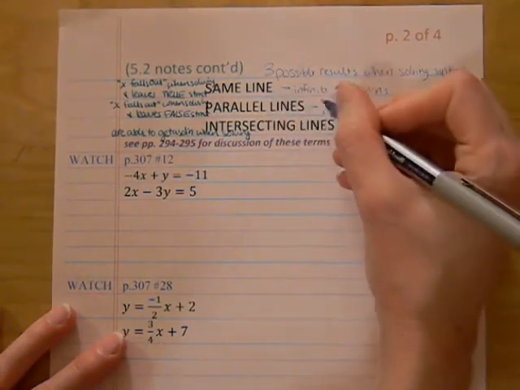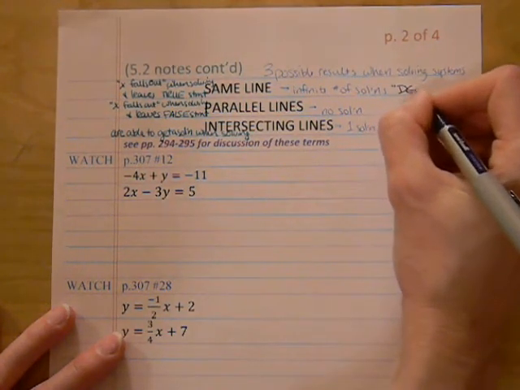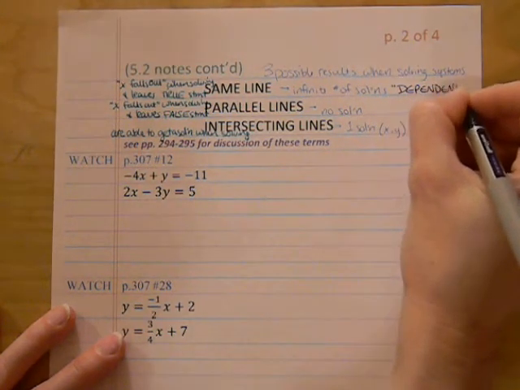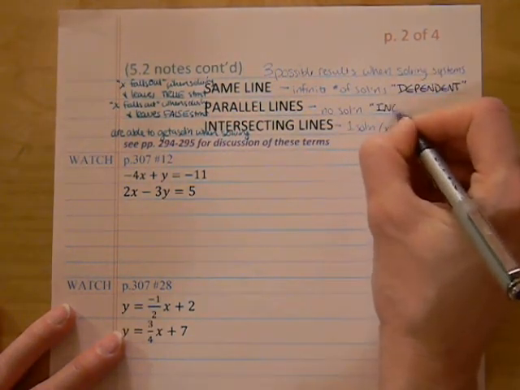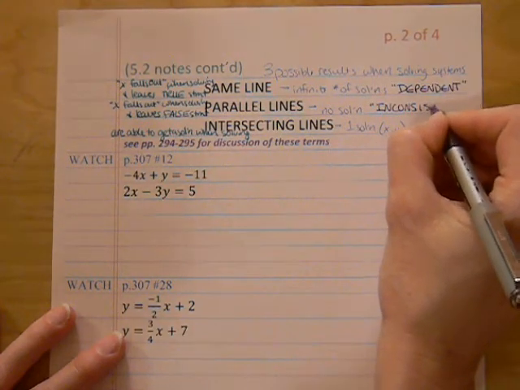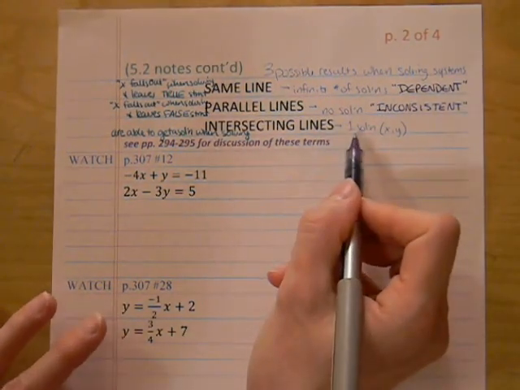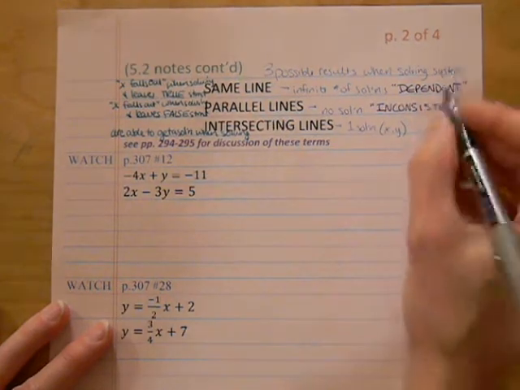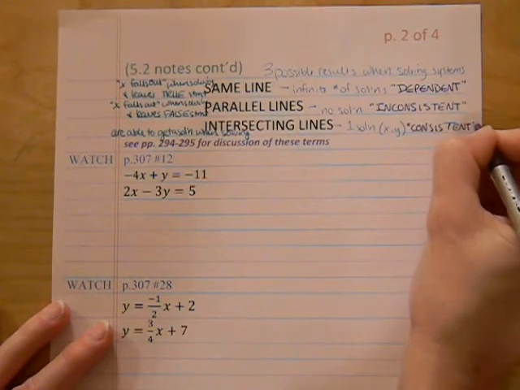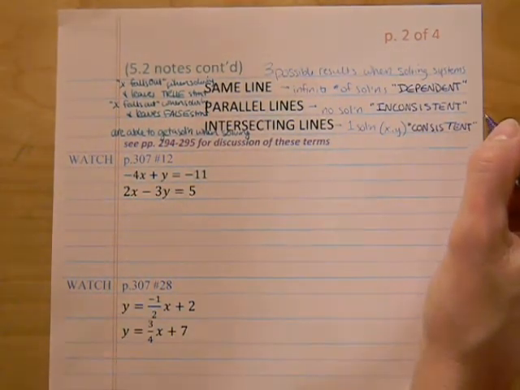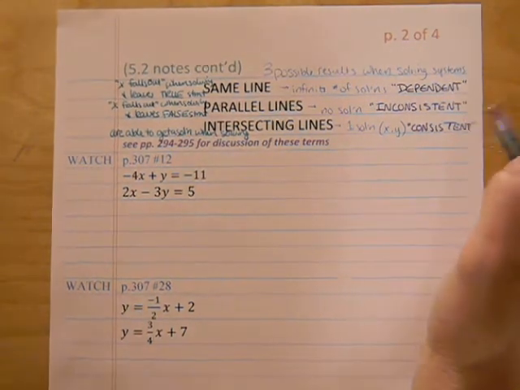So when it's the same line and there's an infinite number of solutions possible, they call this a dependent system. Parallel lines with no solution, they call this an inconsistent system. Inconsistent. And if they're intersecting lines where you have one solution when you solve the system, they call that a consistent system. Again, these are not terms I will test you on, but you do need to be aware of them and familiar enough that you can follow along when the instructions include these as part of what you're supposed to do